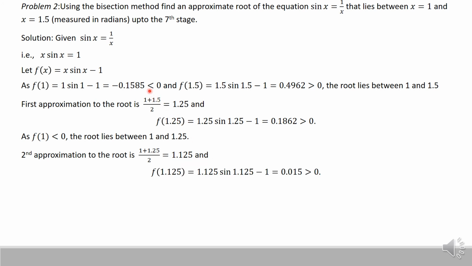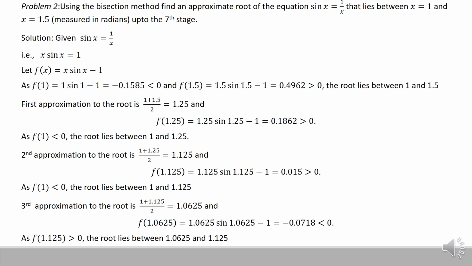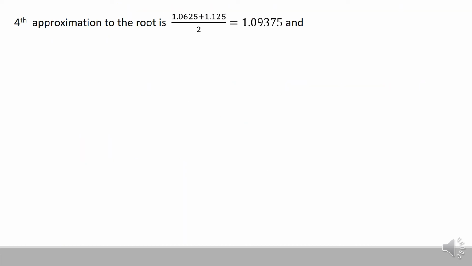So at 1 it is negative, at 1.125 it is positive. So this means the root lies between 1 and 1.125. Hence the third approximation to the root is average of these two, that is 1.0625, and the function value here is negative. So again you can see that f of 1.0625 is negative, whereas 1.125 is positive. So this means the root lies between these two values, and the fourth approximation to the root is given by